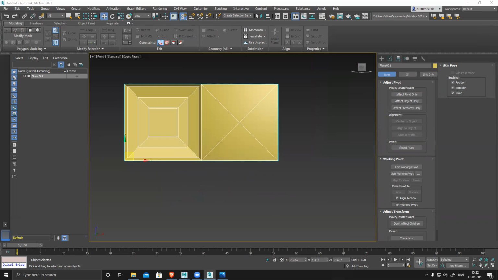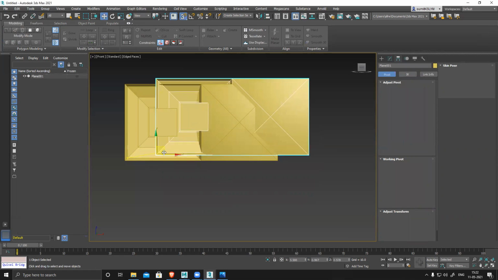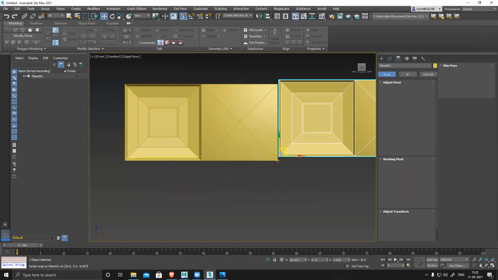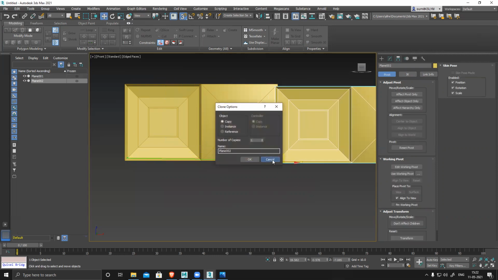Now I can count 1, 2, 3, 4, 5, 6, 7, 8, 9, 10, 11, 12, 13, 14, 15, 16. So shift and drag, snap it to this corner. Okay, cancel.